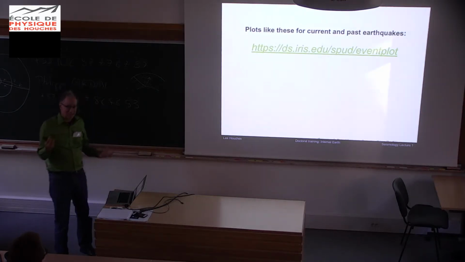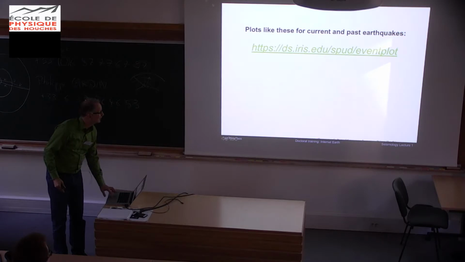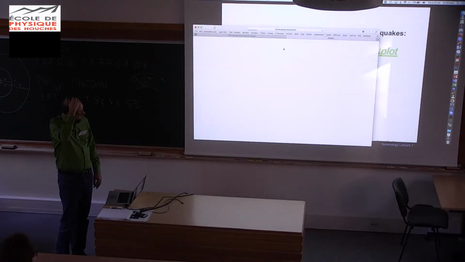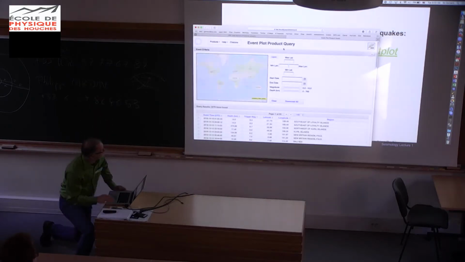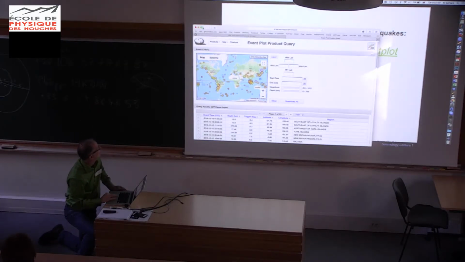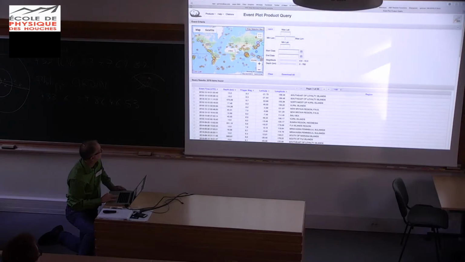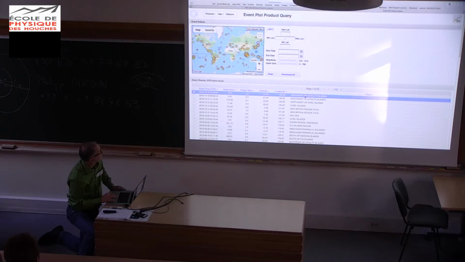Okay. So for any earthquake that happens, you can go to this thing called event plot, which is kind of cool, at IRIS. Now that you've seen this stuff and you understand travel time curves and all of that, we can go to this earthquake this morning. This is the one that's just this morning: 6.4, southeast Loyalty Islands. That's down here, right? Boom.